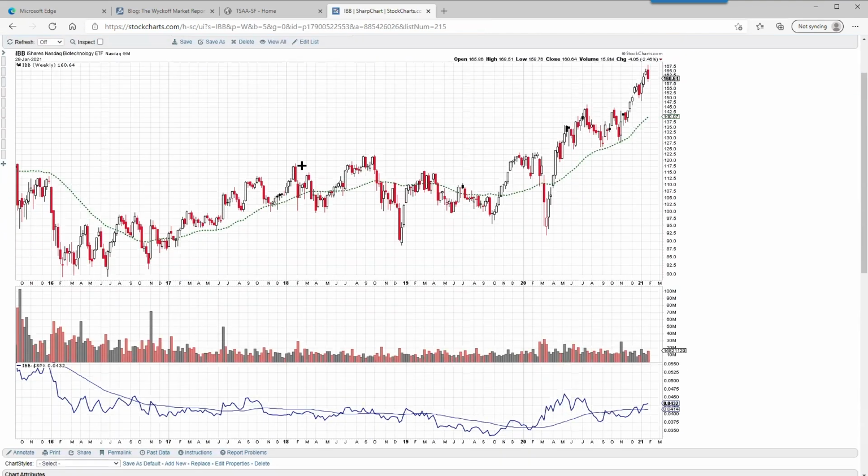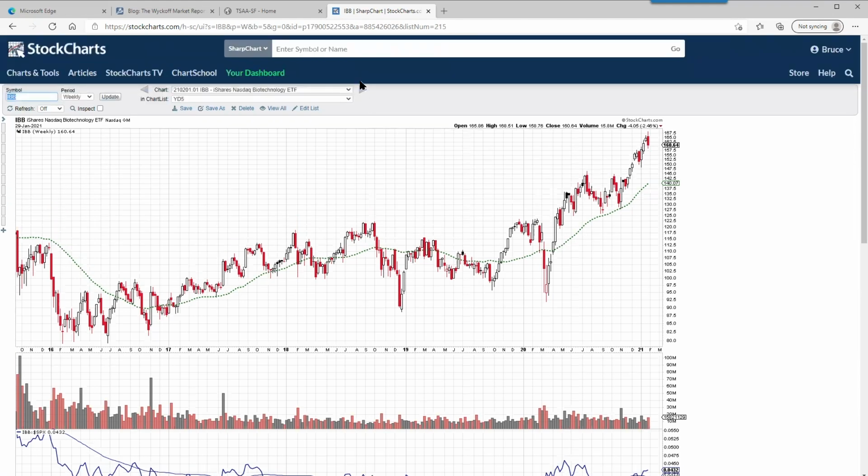Here is a chart of the biotechnology ETF. It looks like it's up and out. Look at this change of character here. It goes down, has a minor spring of a previous low in 2019 on the COVID decline. Then it jumps up and out, and look at this flat reaction above important resistance, and now it's starting to mark up again. Well, there could be a big cause. This looks pretty interesting, and also we have an uptrending relative strength line.